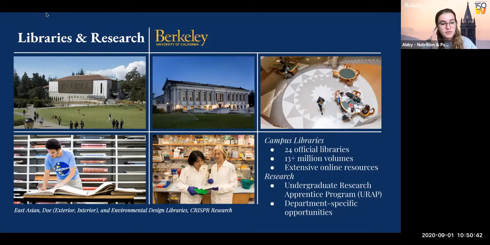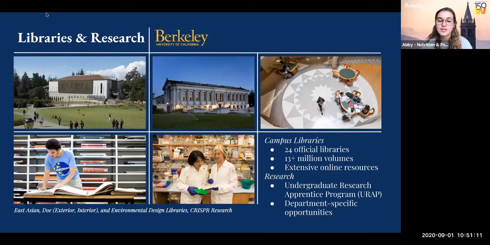And you can see to the left, there is our East Asian library. In the middle is Doe Library, which is kind of the main university library, goes down several stories into the main stacks, which is one of the popular study spaces, quiet area, and you can find really any single book you'd ever imagine. I remember trying to find Crime and Punishment for a joy read, and I had to get a map of the entire library to find that, which was really cool.